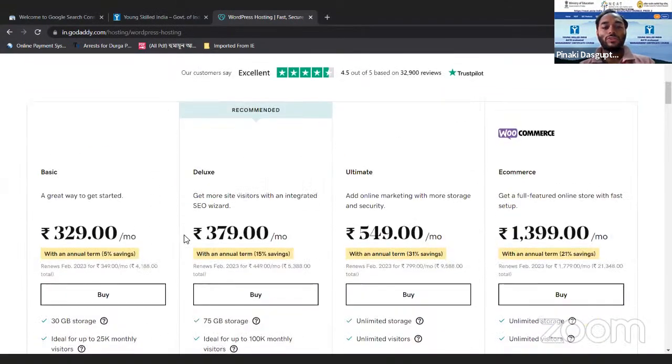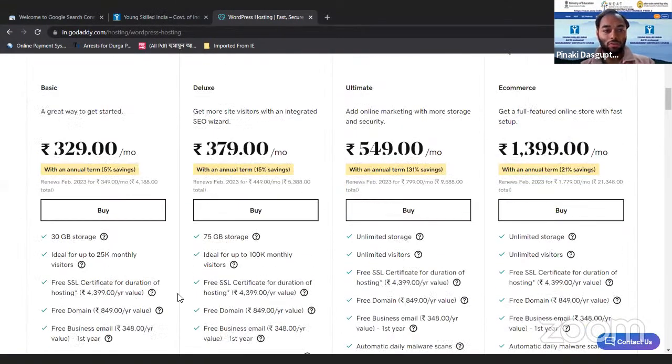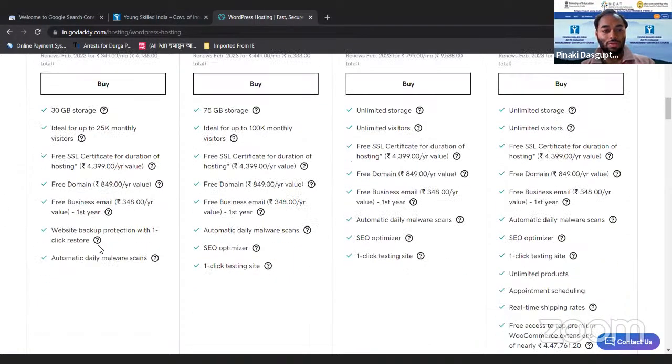So these are some of the hosting plans. Here you can see a lot of things. These are some complex things for you to understand, but still I am trying to explain each of it. When you purchase a hosting, you are basically purchasing a space in the server.